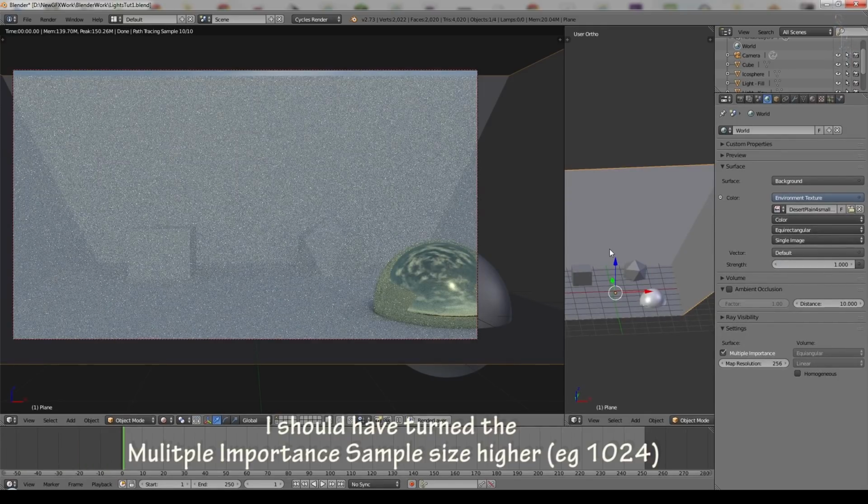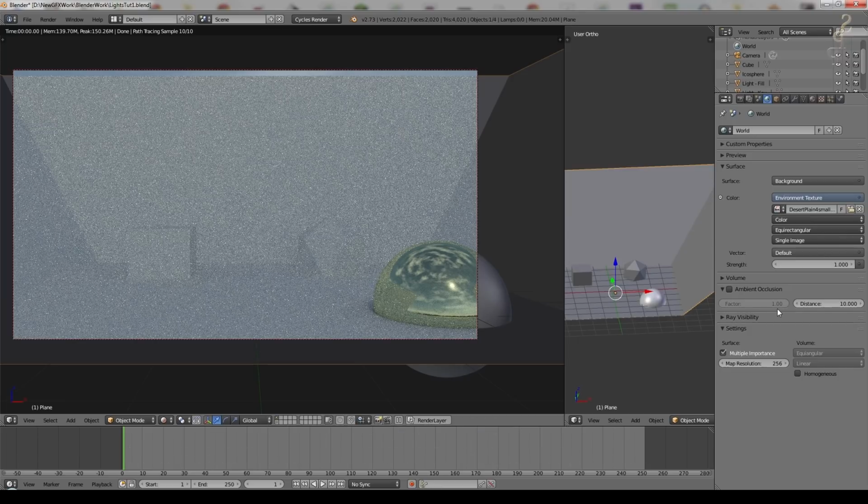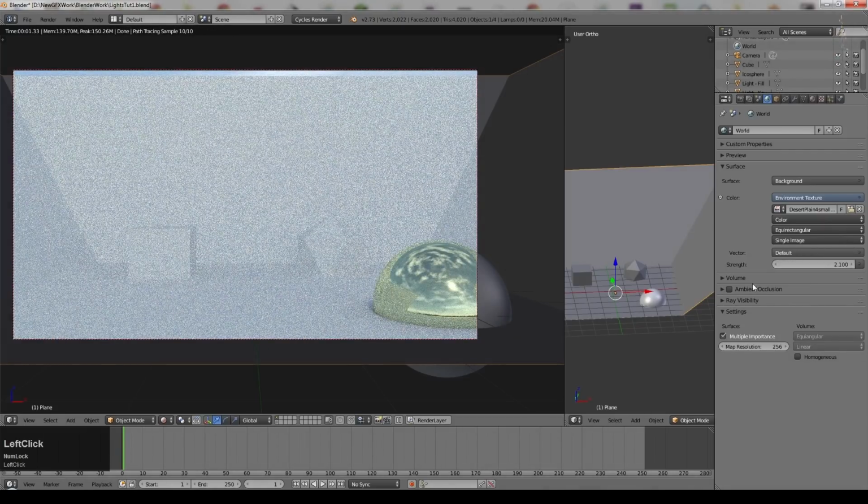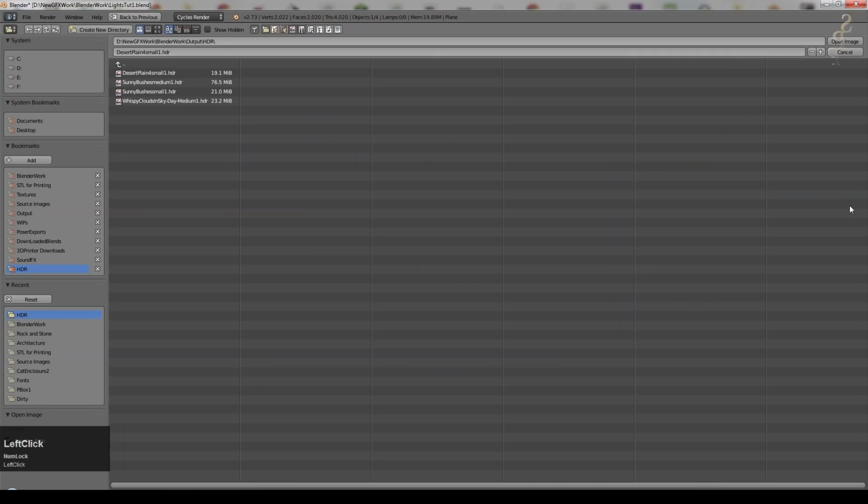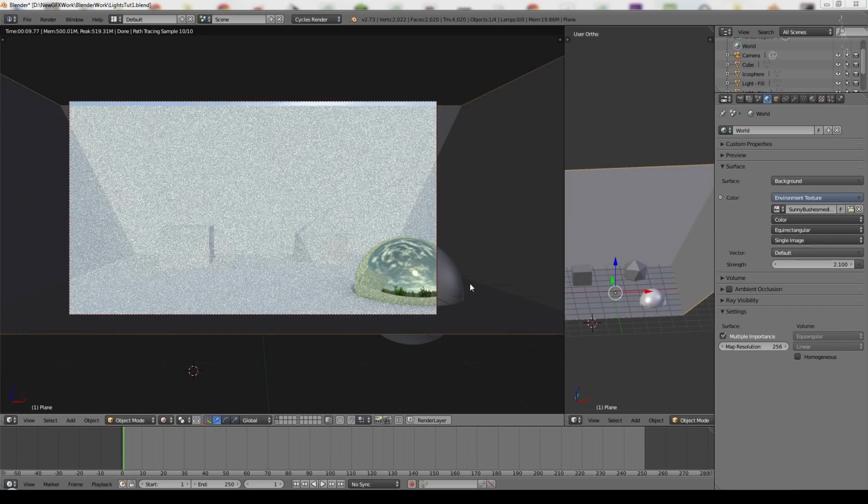But again, depending on your scene, you may or may not want to use an HDRI for it. You can turn it up quite a bit. And there are little tricks that you can do with the nodes to make it more significant. If we call up a different HDRI, so here I've got a different HDRI, you can see we're getting a bit more shadows with it, and you can see the sun reflected here. But typically, especially if you've created them yourselves, you may well find that you need to add a sun lamp in as well.